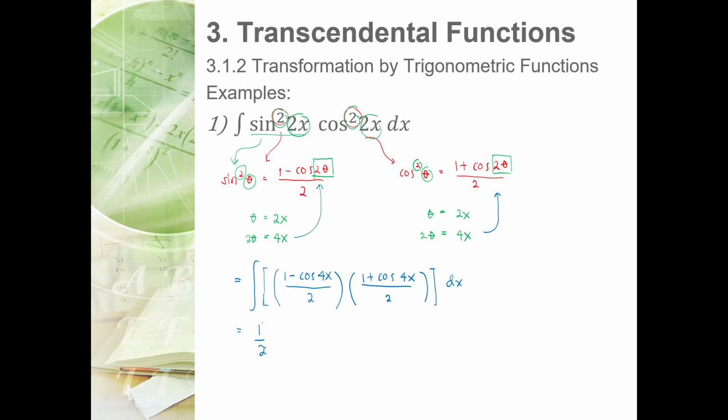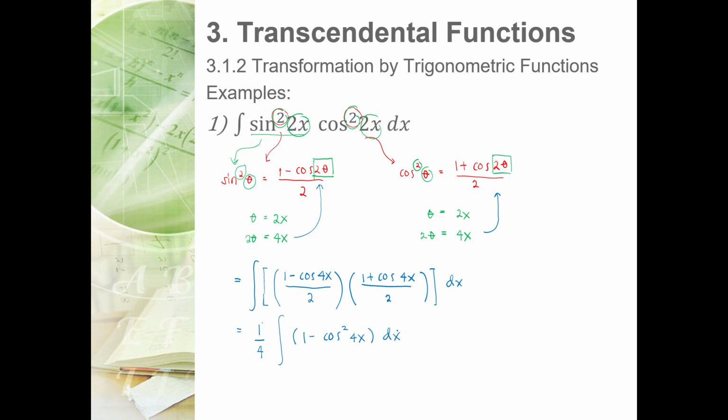So this will be 1/4, not 1/2, because 1/2 times 1/2 is 1/4. Then the integral of, this will be the difference of two squares because the middle terms cancel each other out. So 1 minus cosine squared 4x